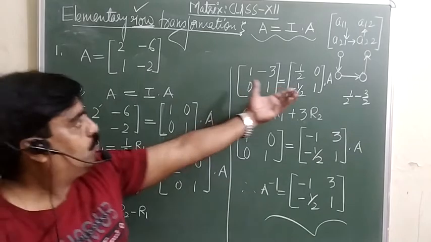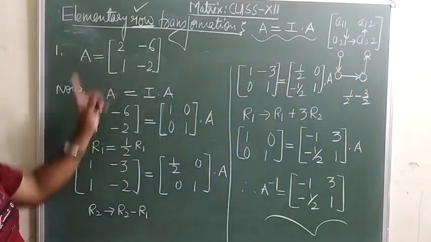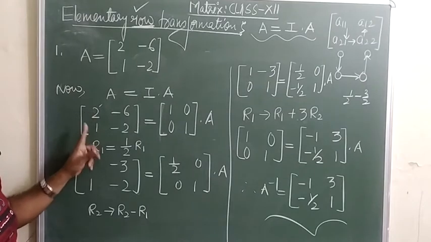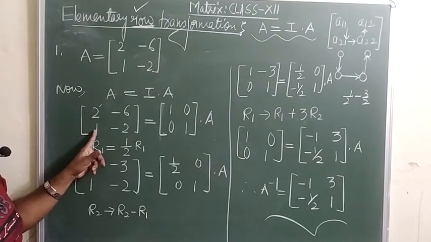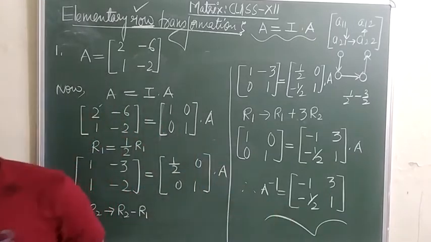This is the inverse. So by using this pattern, you can find the inverse of any matrix. You are supposed to make this one here first, then do the operation here. Make it 0, then 1, then 0. You will get the A inverse. Have a look.